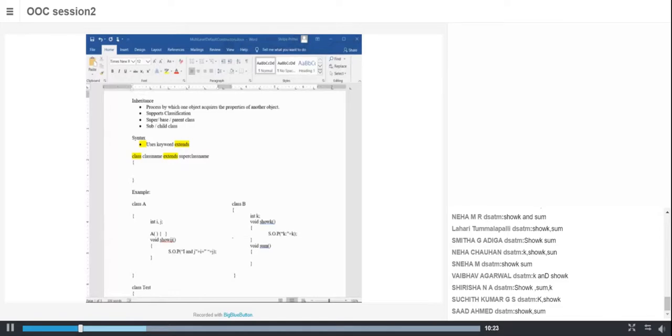Now, let's think of a situation where B needs the members of class A. That is, it needs to inherit the members of class A. How do I do that? I say class B extends A. It means that class B inherits the properties of A. Please understand what I'm trying to tell.